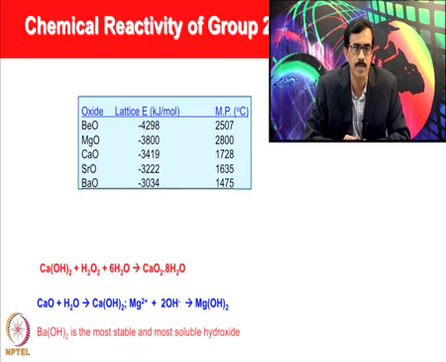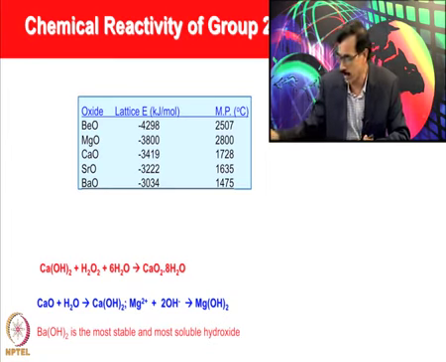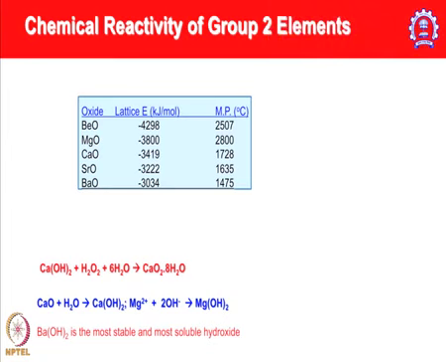Strontium oxide it is 3222, whereas in case of barium it is lower, so it is steadily decreasing. Nevertheless, they show very high lattice energies, and that is also reflected in the melting point. If you see the melting point, case of beryllium oxide is 2500, whereas that drops to about 1475 in case of barium oxide. And this calcium